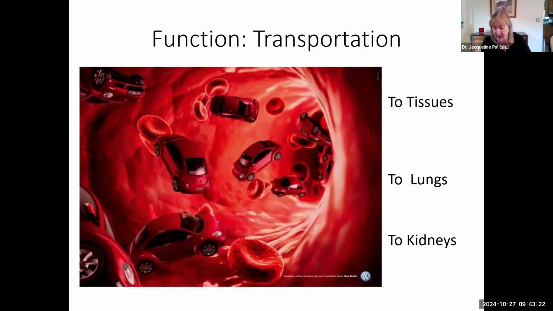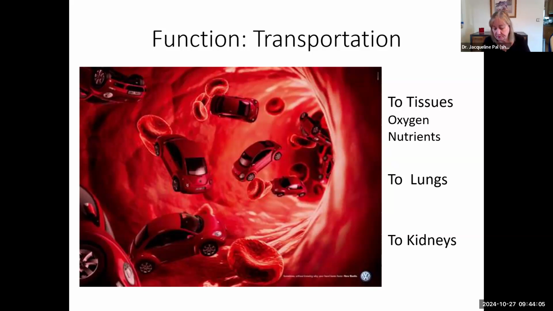And what we're looking to take there are oxygen and nutrients. So think of like the breakdown products of the food you eat. So we're taking the amino acids, the fatty acids, and the glucose molecules from the food you eat. We're taking those from like the digestive system, and then we're taking the oxygen from the air you breathe, and then we're taking that to all the various cells of your body so the cells can do their work. Remember that cellular respiration, where those cells require oxygen and nutrients so they can make all their ATP, so those